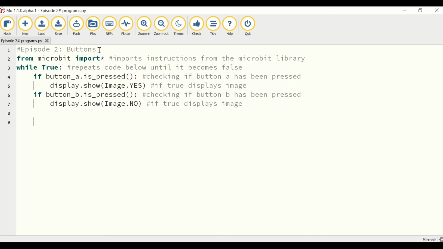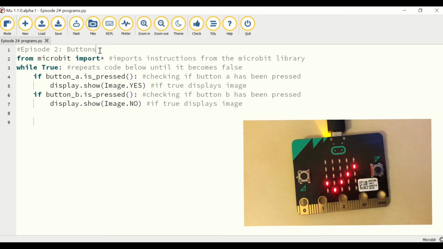So welcome to episode 2 on the micro:bit. Episode 2 is all about using the buttons. We've got two buttons on the front, A and B. So we've got A here and B here. What we're going to do is create a simple program that changes the display based on what button is